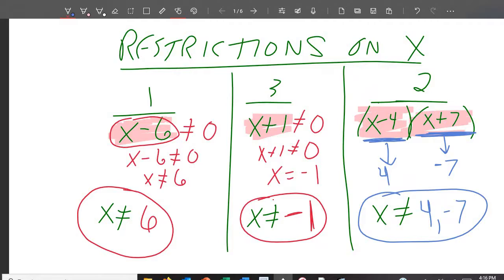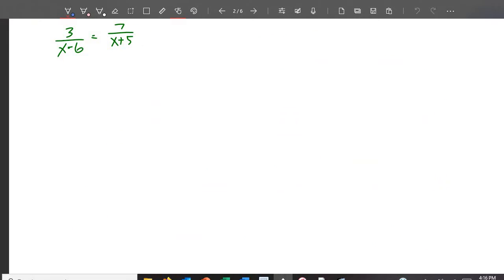Now, if it's a monomial, it's always 0. If it's a binomial, it's going to be any other number besides 0. Now, I'm going to do 5 or 6. I think I'm going to do 5 problems where we're solving for x. On all of these problems, you're going to have,